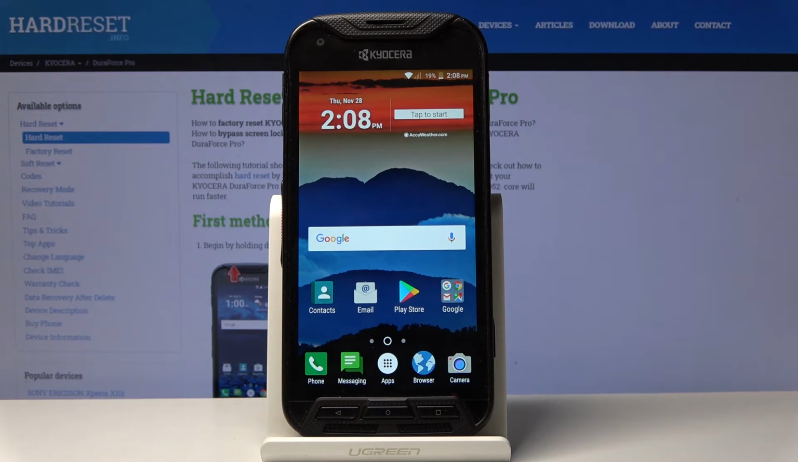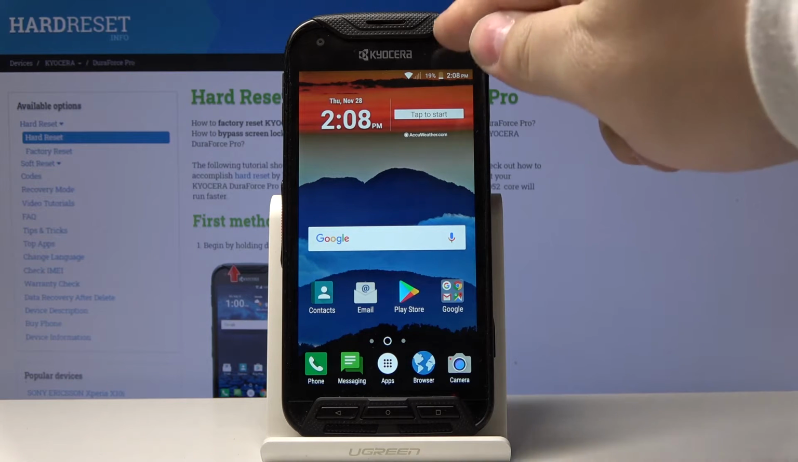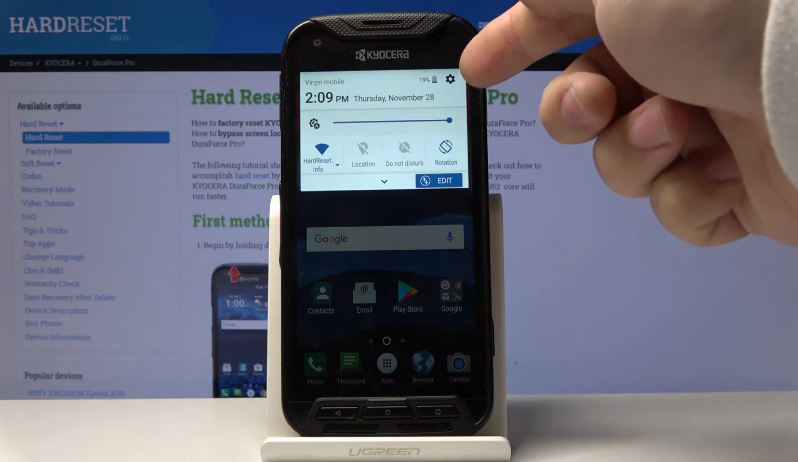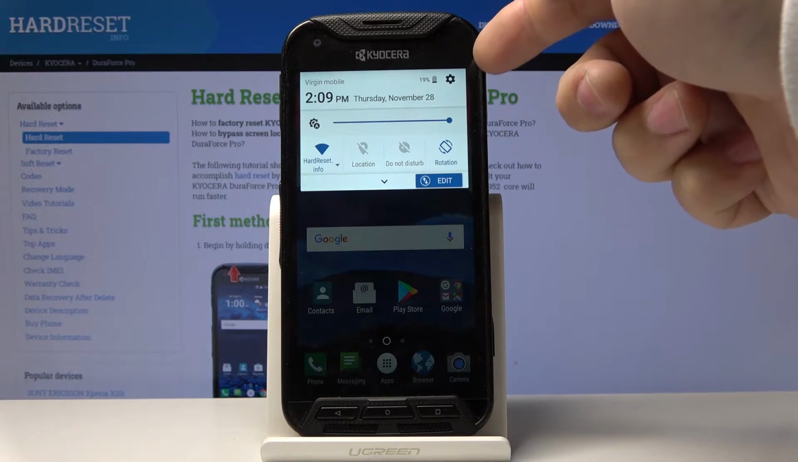Hello, in front of me I have KYOCERA DuraForce Pro, and I'm gonna show you how to change the keyboard language on this device. First, we need to open the settings, and to do that let's just swipe down from the top of the screen, and here let's tap on this settings icon,